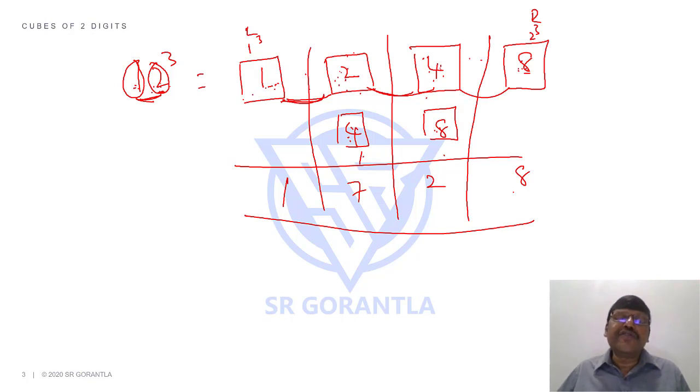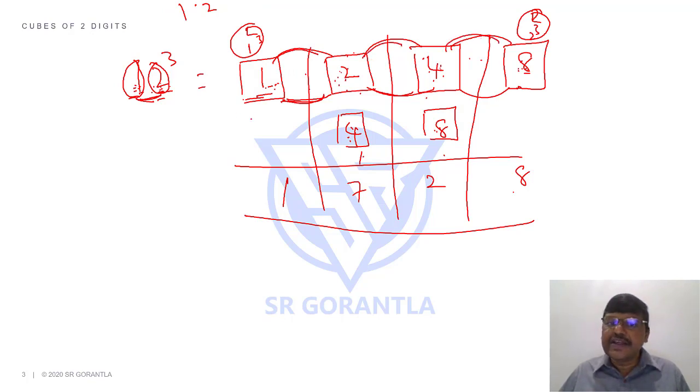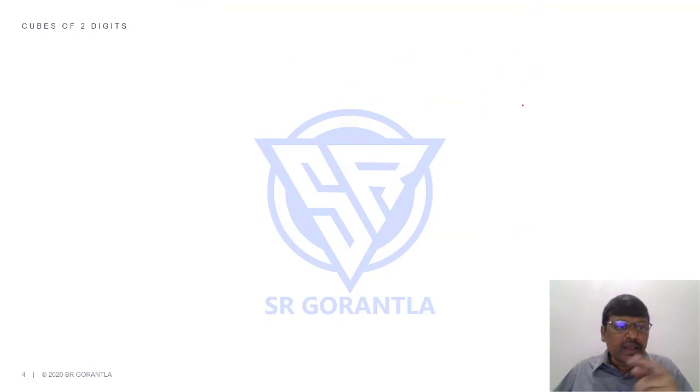So the leftmost number should be the cube of the leftmost digit. The rightmost number should be the cube of the rightmost digit. 1 cube is this. This is 2 cube. Then any two terms I take here should have the ratio of these two digits. These two digits are in the ratio 1:2, so everything here will be in the ratio 1:2. Done. Then double the second and third numbers, write below them and add them. Right? Okay, let me explain. I'll come back to this again, students. Hold on. Let me explain to you.